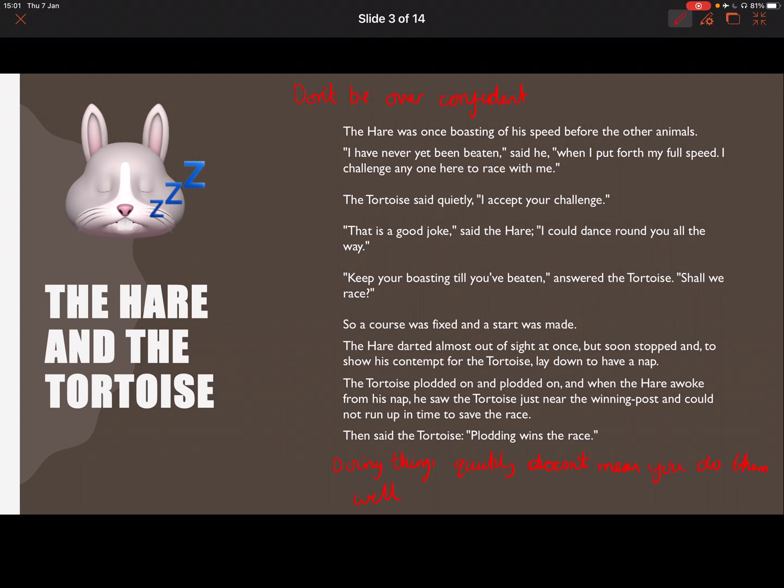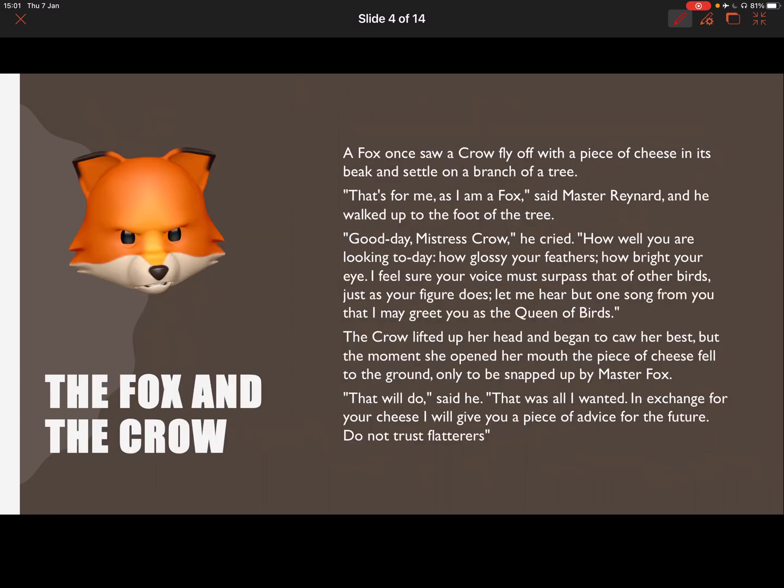The famous one for this is slow and steady wins the race, but that's kind of what it means. Could put do things slowly and properly. So you're just basically going to need to think about, what do you think that story was trying to tell us? What did the character that gets something wrong do wrong? And what should they have done? What we're trying to teach people? What is the moral of the story?